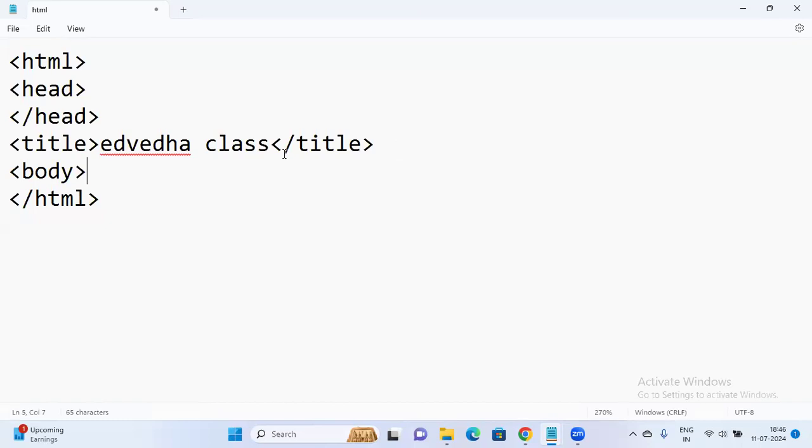I have taken the body tag and I want to close the body tag too. Close body tag. Okay. So I have closed the body tag. So inside the body tag, you can write whatever data you want to write. Let's see.